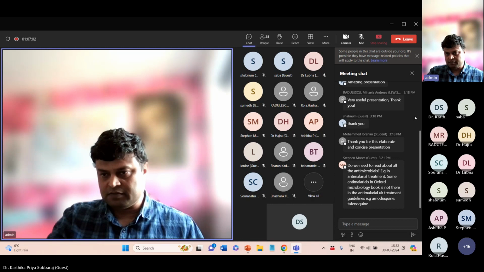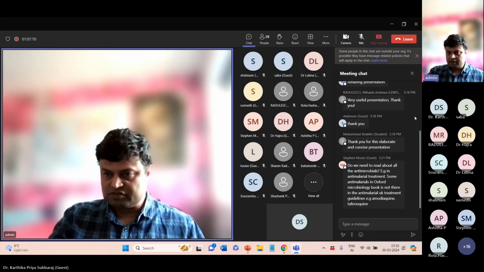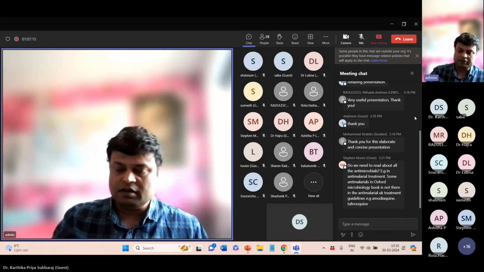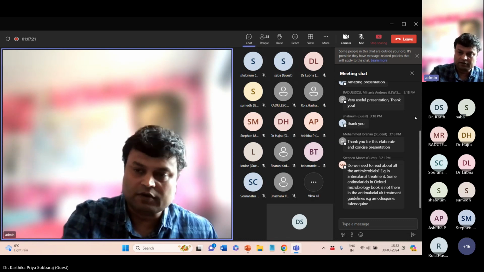Which books do you need to read for the FRCPath medical microbiology exam? How did you practice for previous year's question? Previous year's question I have told you. Books, I think Kartika already told about the books. There are books roughly similar to the ones I have mentioned on microregister.com. So you can go there, but the books are a bit old now. So be careful about that.